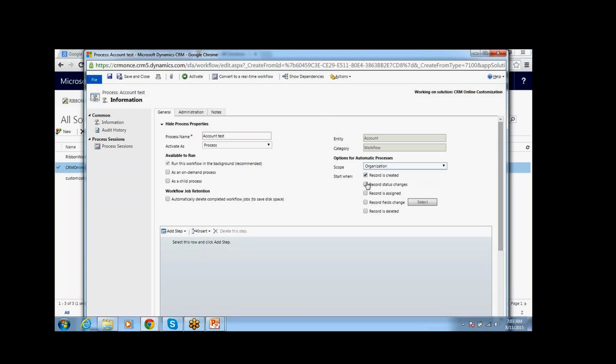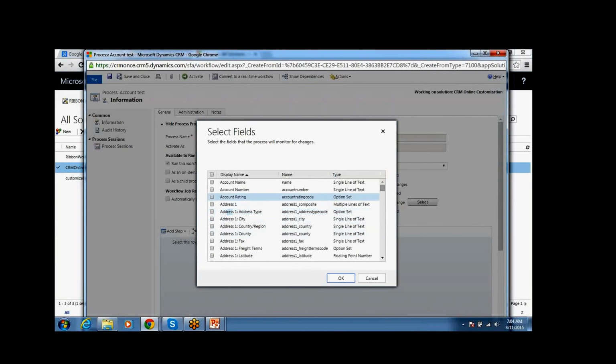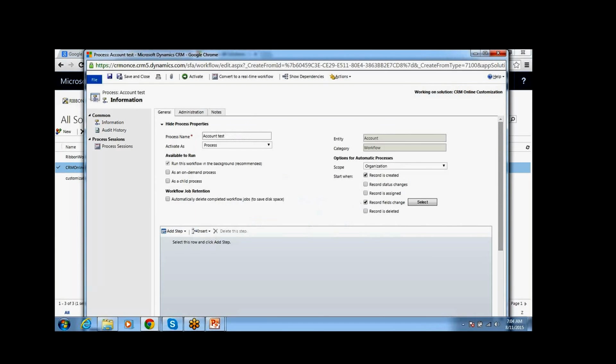Here we can select the triggering points: record state change and field is updated. For field updated, you have to select the fields; by default all the fields are selected, so select the fields you want. Record deleted we have to select as well.